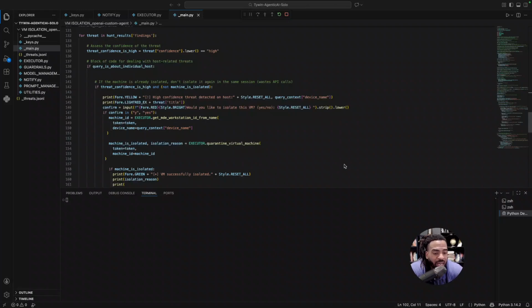So I want to do a quick high-level walkthrough of an agentic AI that I've been working on. This one is going to represent a tool that you could use alongside an analyst, so alongside a SOC analyst. I have been fine-tuning this. So a couple things that this is going to do.